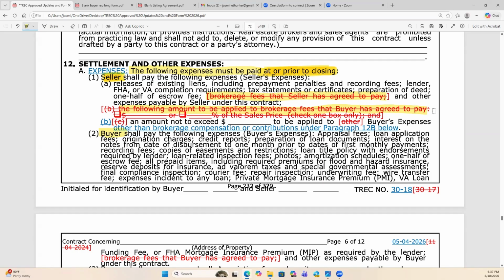But unless you've had plenty of practice, if you read it the way I just told you, that's just a little confusing. So that's the first thing that they had to change. Now, they also put in here that there is a dollar amount, right? You see this dollar sign? And then there's a percentage, okay? And then it's always of the sales price, check one box. Here we go. And then this is in blue, okay?